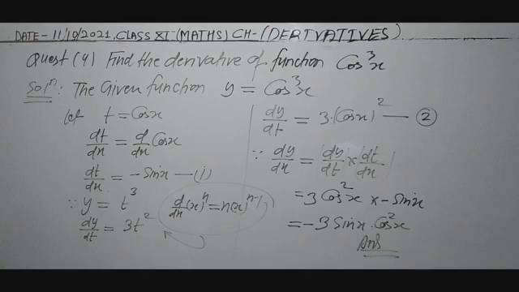Now dt by dx, you know, result is minus sin x, and when you will multiply you will get the result minus 3 sin x into cos square x. Now this is the answer. Now question number 4 is completed. Now see,